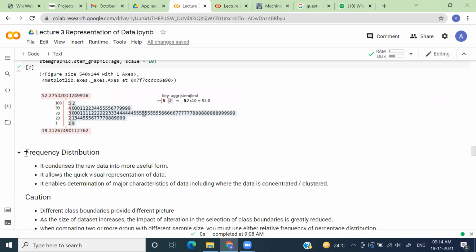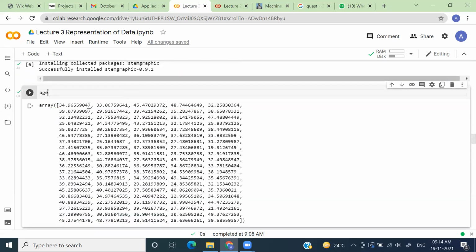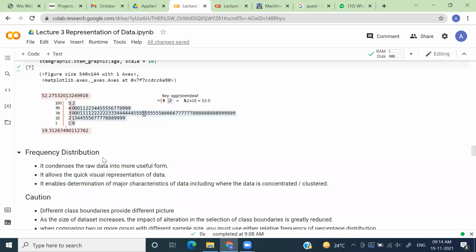Now going to the next part, frequency distribution. This is a graphical way of doing it. Frequency distribution is a tabular way of doing it. The other option in this case is that you could have created different classes, a class of, let's say, age group 0 to 10, and counted the number of people and put that number beside that class. You could have counted the number of people with age between 10 to 20. Like that, you could have created classes and marked their corresponding frequencies in another column. That is another option, and it is called frequency distribution.